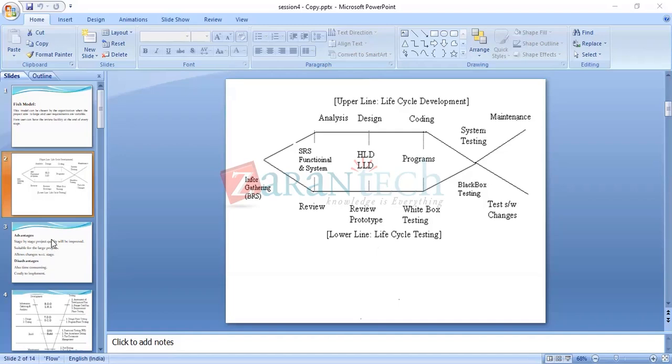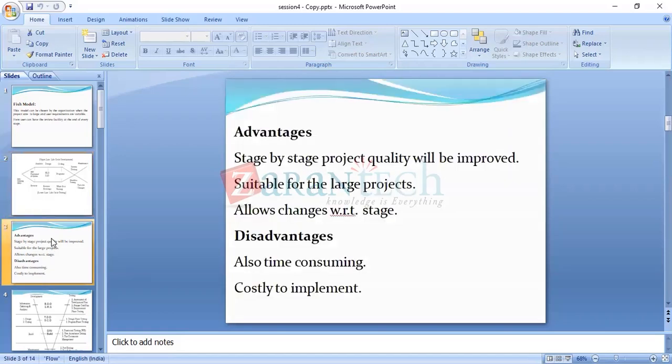Some advantages we will see. Stage by stage, project quality will be improved, or not? Is the review facility there or not?